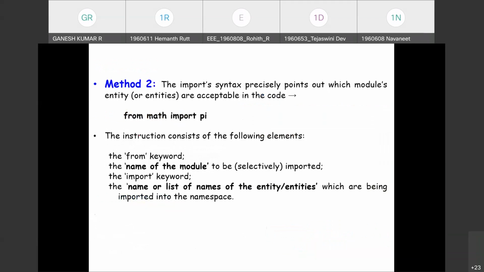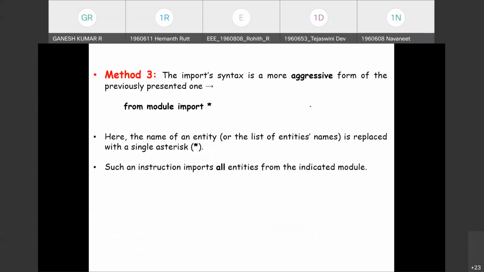Method 2 uses the keyword from: from math import pi. It precisely points to the entity. This is the second method. Third method: we have no idea which entities will be used. In such a case, we can aggressively import all the entities.